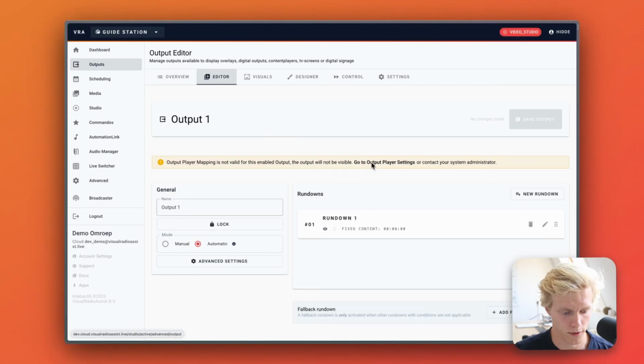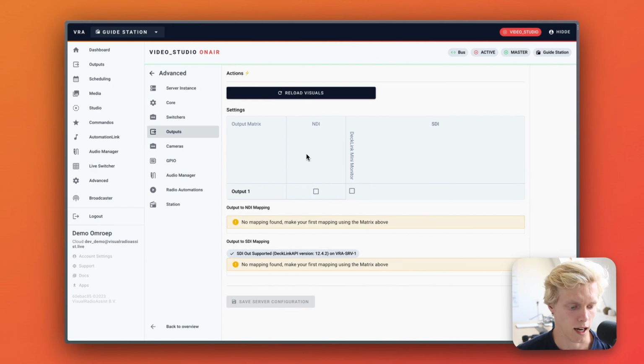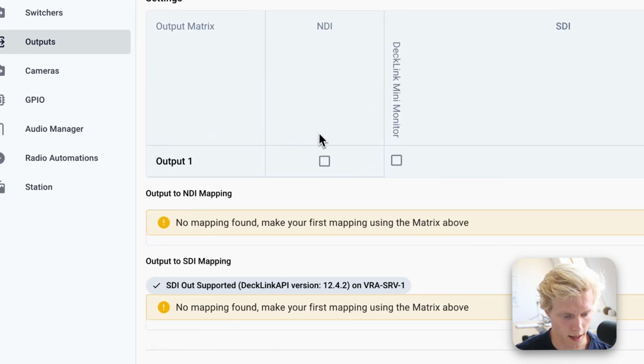We go back to the cloud environment and go to the advanced output player settings. In the output player settings, we are going to make a mapping in the output matrix between the output player, output 1, and the different channels we want to display the output 1 on. In this case, I'm going to enable NDI